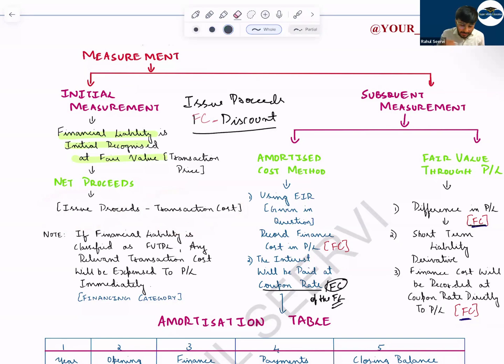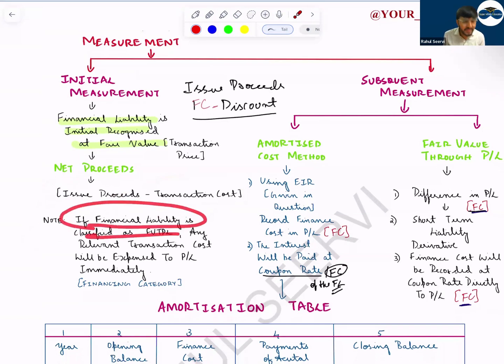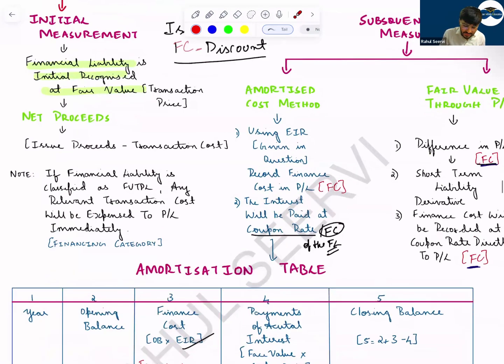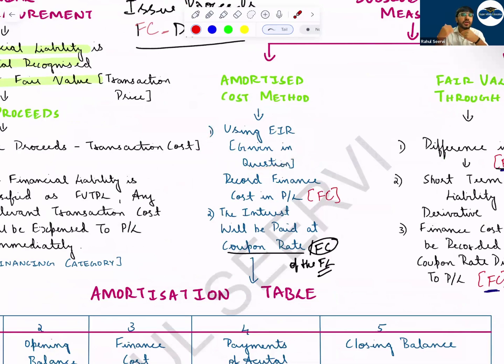amortized cost method. But if I say the company is following fair value through P&L initially, then what will happen? If a financial liability is classified as fair value through P&L, then transaction cost will directly go to P&L under the financing category. Then for amortized cost, we have seen using the EIR rate, we will record the finance cost in the financing category. The interest will be paid on the coupon rate, that is face value, nominal value, or par value of the financial